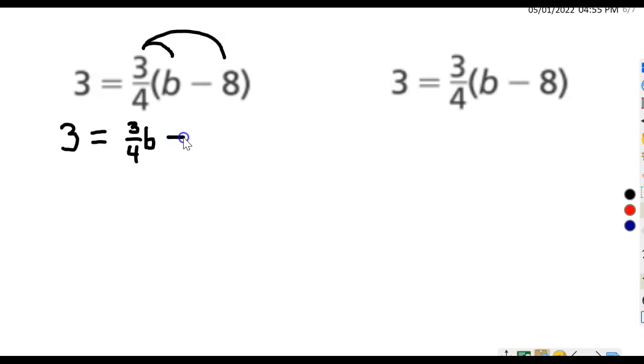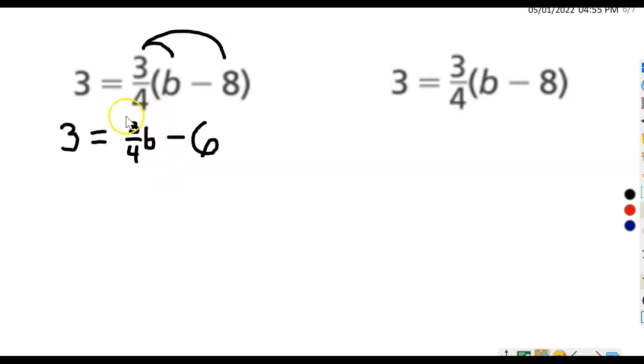Here's our minus sign. We'll just go ahead and plug that in. And then 3/4 times 8. You can do the math on a separate sheet of paper. We're going to end up with 6 right here. So I'm going to put a 6. All right, now we have a two-step equation, and we can go through our process of solving that by isolating